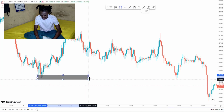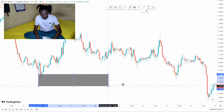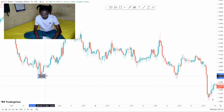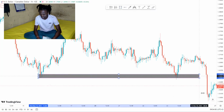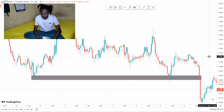Looking at the history, I saw that, okay, I have this double bottom. I have these lows that price once created. This low, you guys can clearly see it. This low that price once created. I took this low and I just did this and told myself that, okay, now that I woke up and now that I'm ready to trade, I'm looking